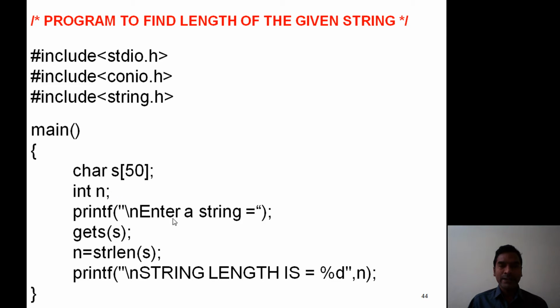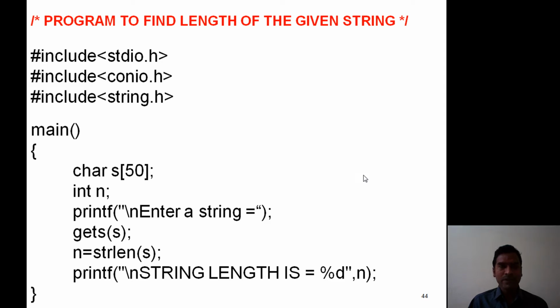First read the string using gets(s). Now we need to identify the length of s, hence apply the function strlen(s). This function returns the length of the string, hence the length is assigned to the integer variable n. Finally we print the length of the string.